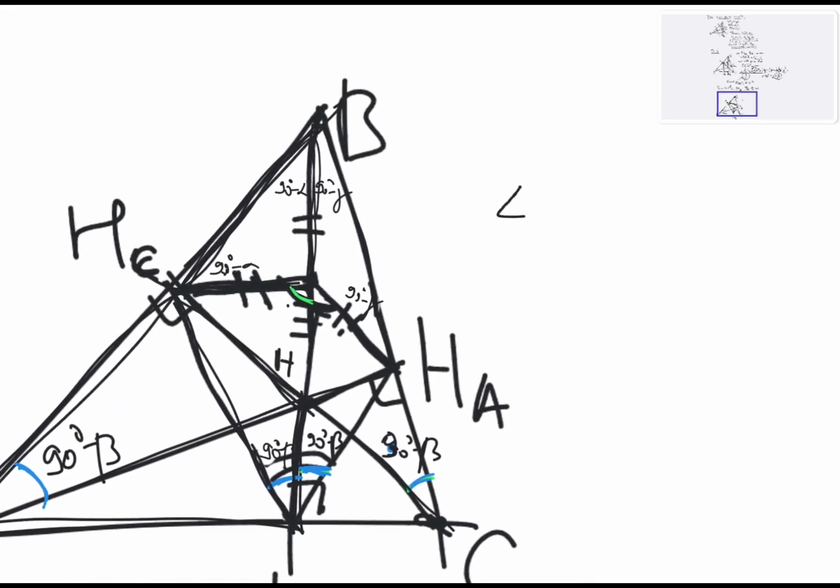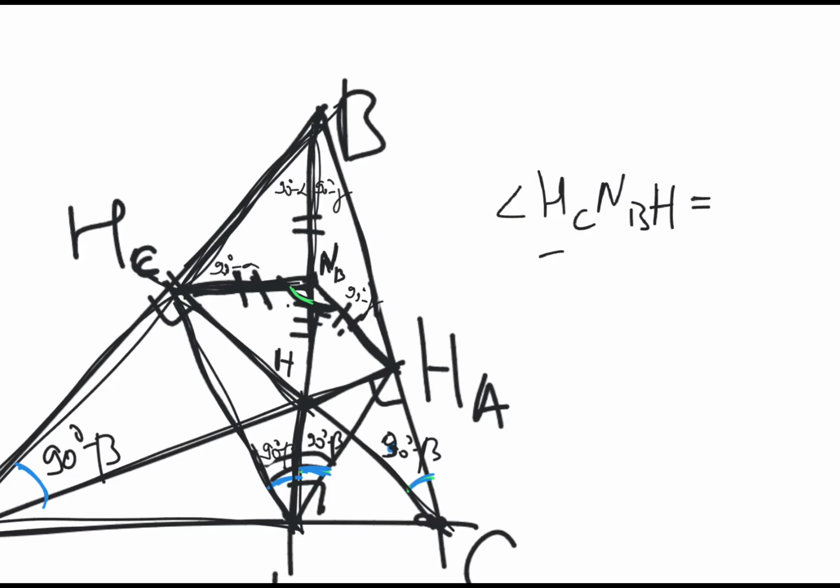So the angle HC and B H, the angle that I highlighted in green on the picture, is equal to 90 degrees minus alpha plus 90 degrees minus alpha, so this is equal to 180 degrees minus 2 alpha,